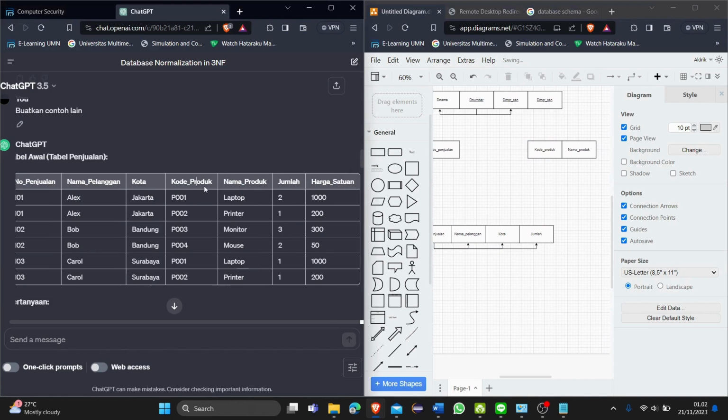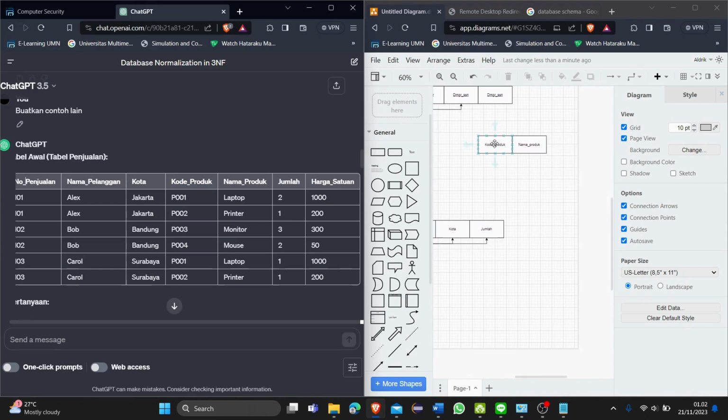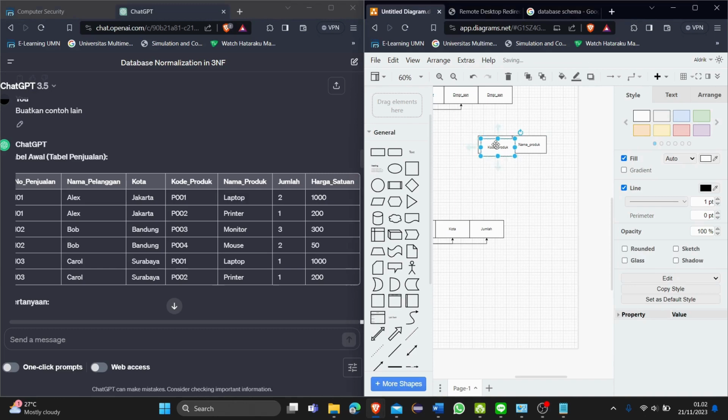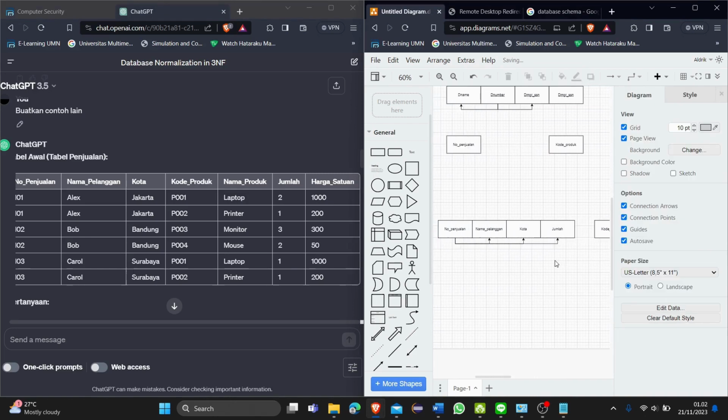Then nama produk and harga satuan are partially dependent on kode produk. It's not dependent on nomor penjualan. So we just need to repeat the step. Copy the primary key and move the partially dependent attributes to another table.